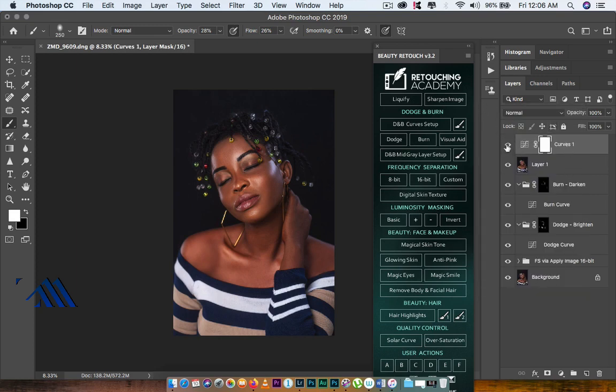So let's see before and after. Before it was flat like this, after. So now you see it makes the image pop. If you think it's too much, you can always lower the opacity. Putting it at 80 is good for me. So here you are, before and after, before and after. Yeah. So guys, this is how I retouch my image using